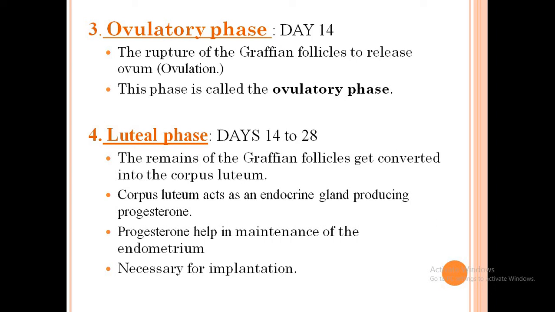Now, this release, the rupture, the ovulation, is controlled by a hormone. Which hormone? LH. LH stands for luteinizing hormone. The empty Graafian follicle forms the corpus luteum, that you know, is a yellow colored body. And the corpus luteum plays a significant role. Why? Because it produces the hormone progesterone that maintains pregnancy for the first 3 months. Okay. So, from the ovulatory phase, children, they never ask you.